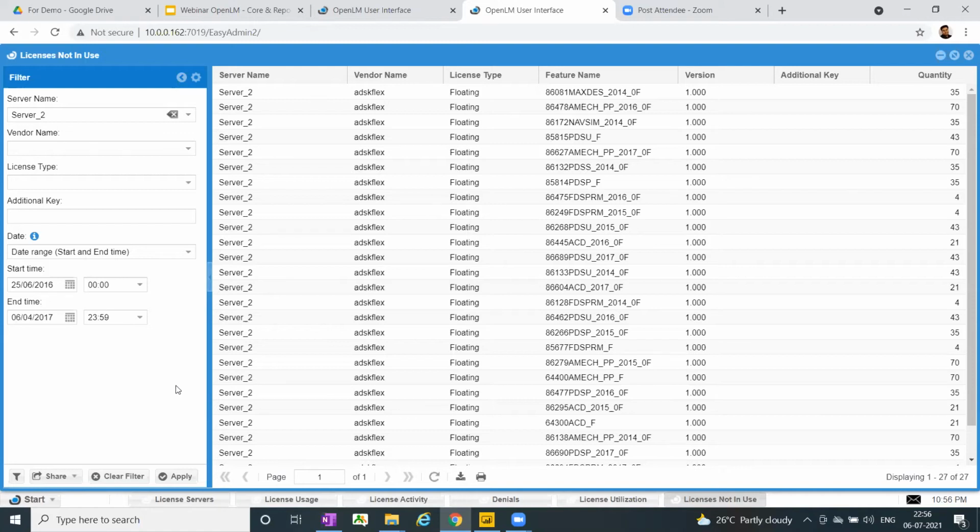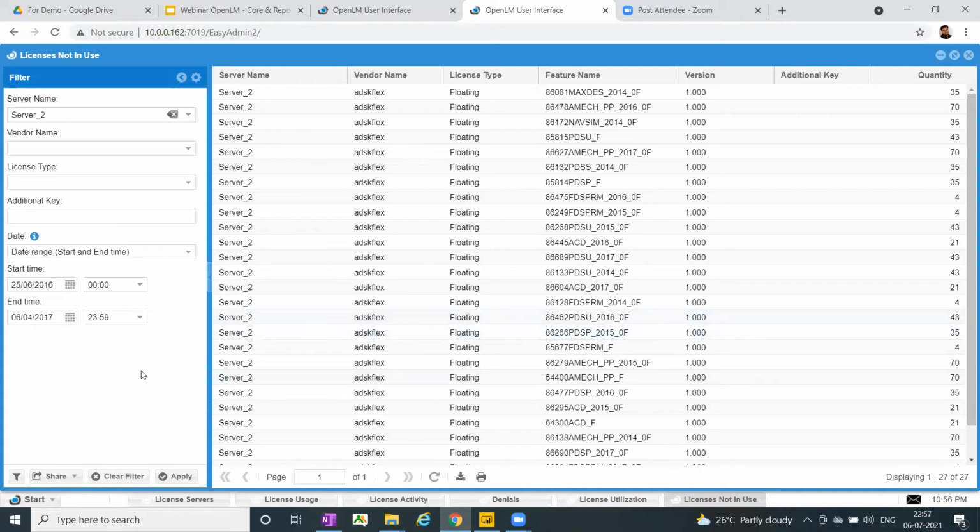Once you click on apply, you would be able to see the quantity of licenses, and for what features, you never used in that particular period of time.